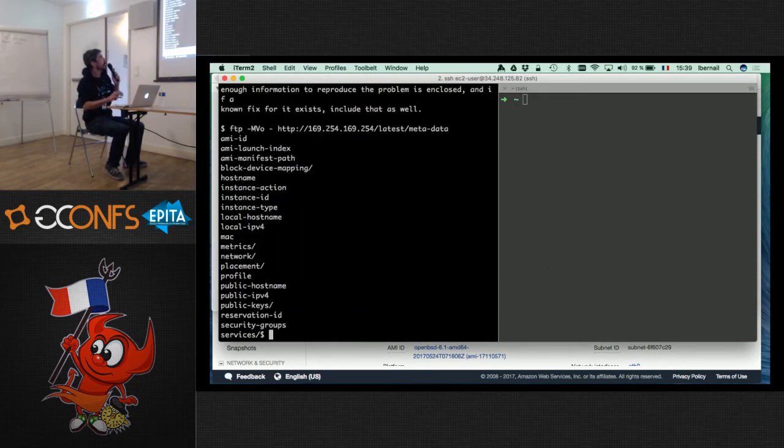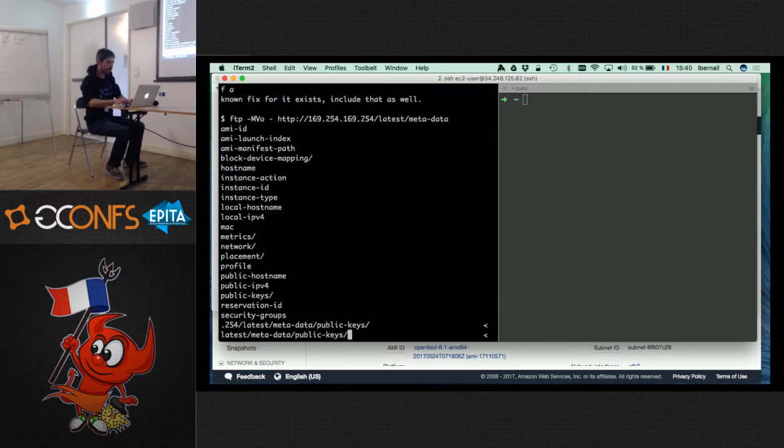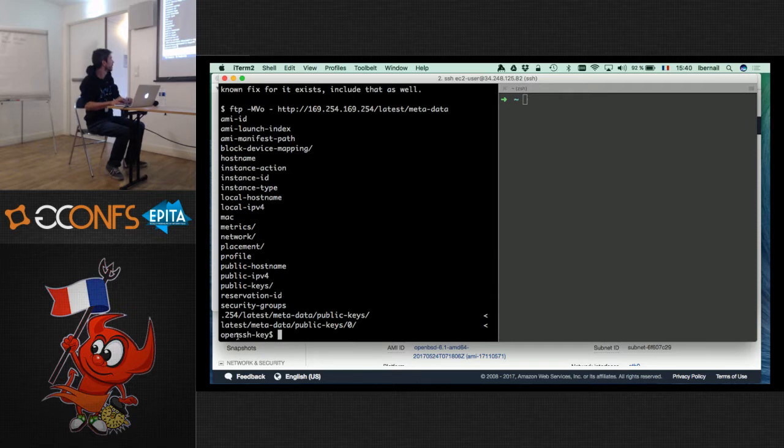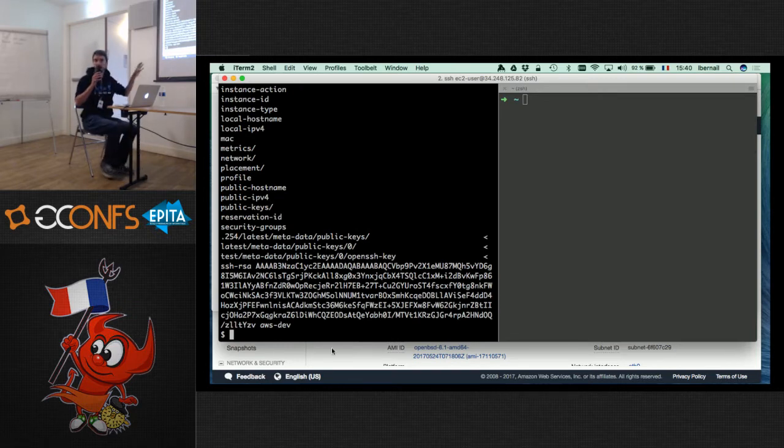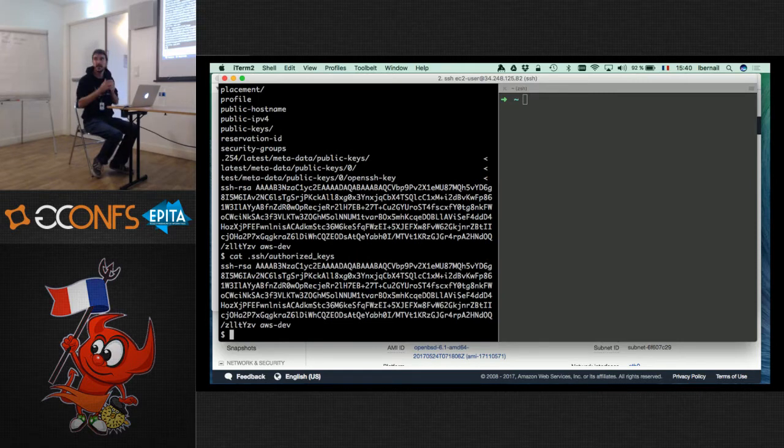Okay, so as you can see, when I connected to this with the same address I gave you, I can see this, and now I'm going to get the public key itself. Okay, so this is actually my public key. It's available on the metadata server, and as you can see, if I look into my authorized keys file, I have exactly the same key there. So this is the same key. Now the question is, how did the key get there?